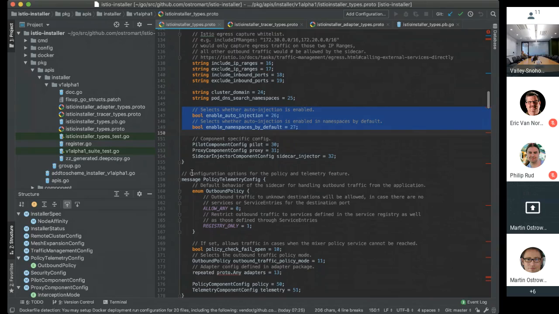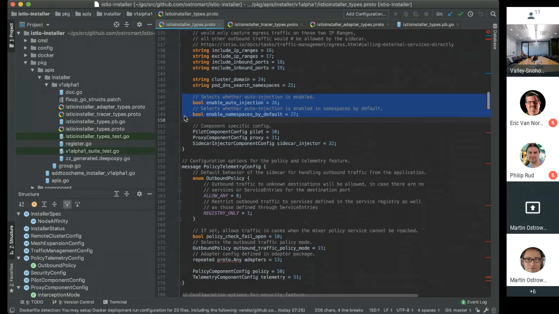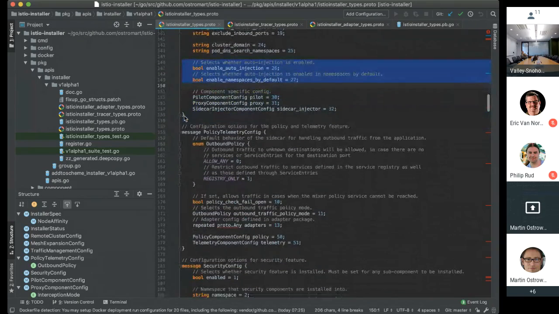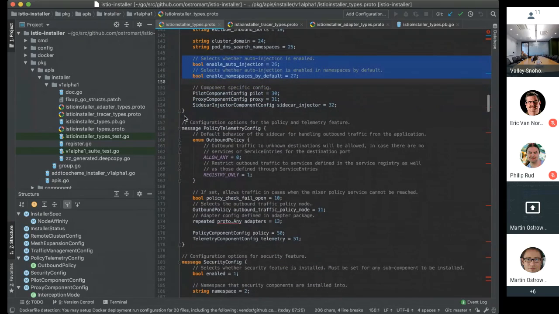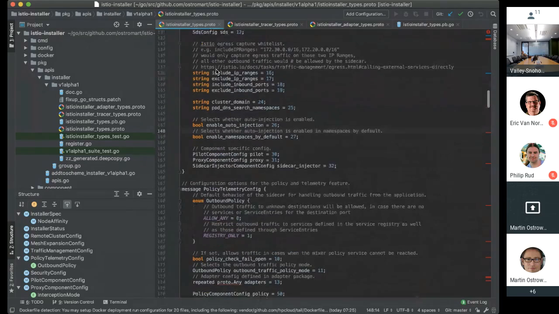If people feel that some things are more appropriate in the component, I think it's fairly straightforward to move from place to place. So that's a starting point. There are certain fields like the IP ranges, for example. That seems like things, correct me if I'm wrong, that affect how we generate configuration, right? Rather than whether we enable a feature and high-level aspects of a feature, or configuration of particular components,